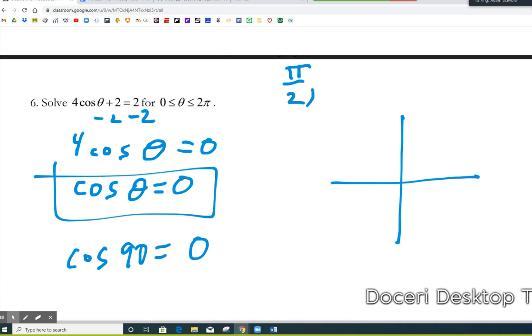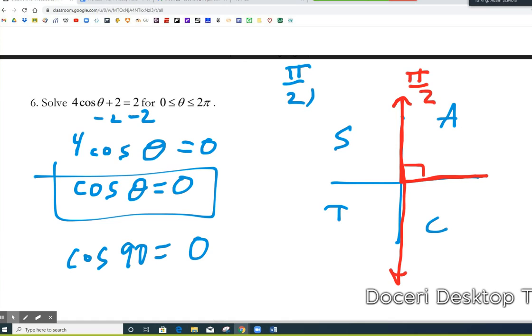But you can also have an angle that has a 90-degree reference angle in quadrants 3 and 4. So you've got pi over 2, but also 3 pi over 2. Both of these angles have 90-degree reference angles. So another answer would be 3 pi over 2. And again, if you're using the unit circle,